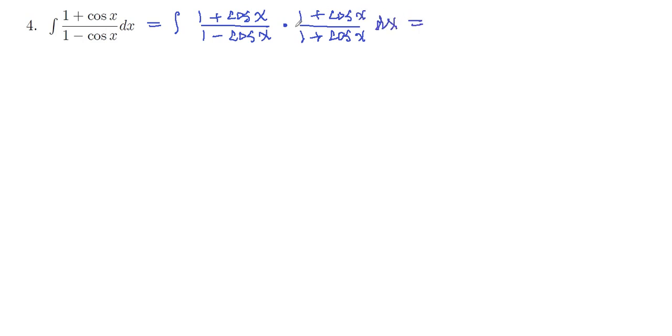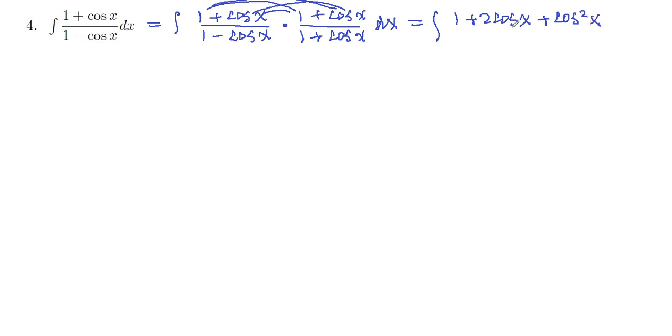And so now let's go ahead and multiply on the top here. So first terms will give a 1. Outer terms cosine x, inner terms cosine x, so plus 2 cosine x. And then last terms cosine squared